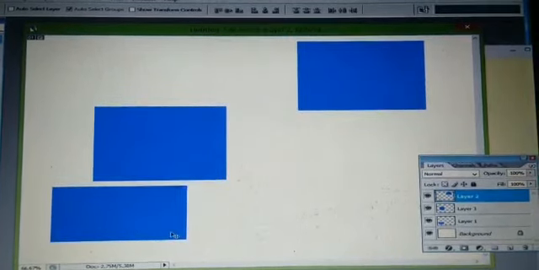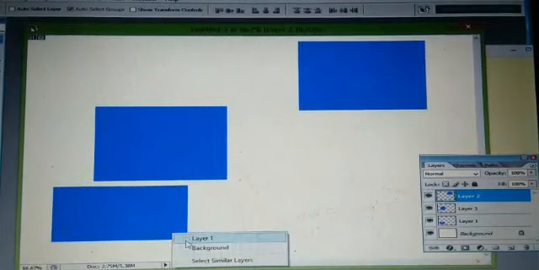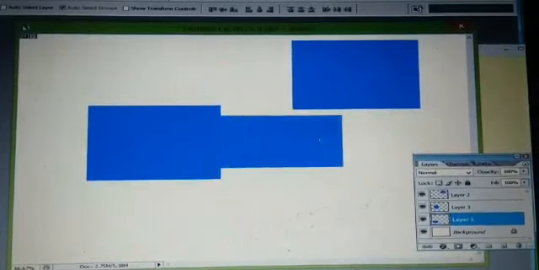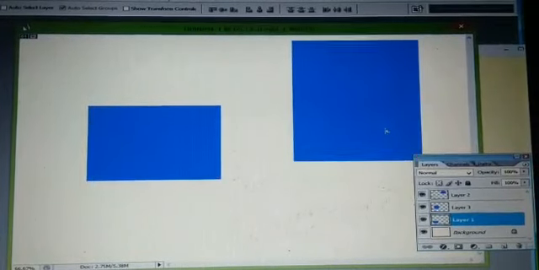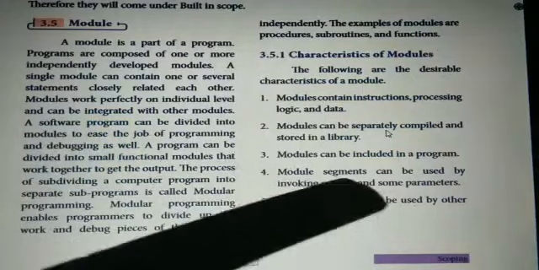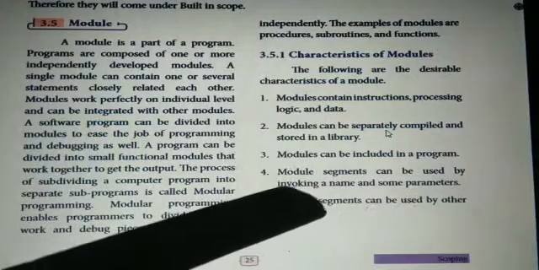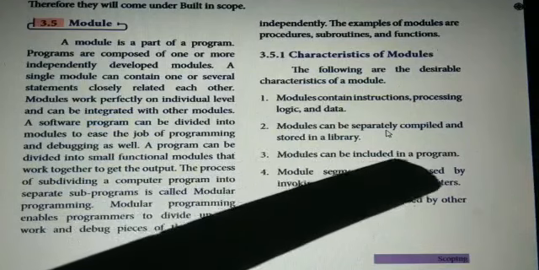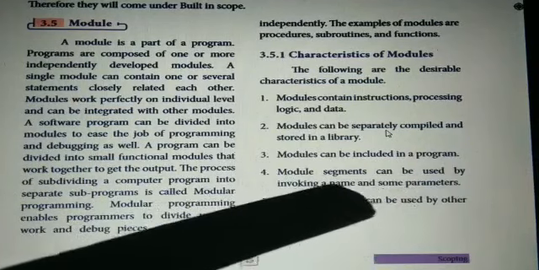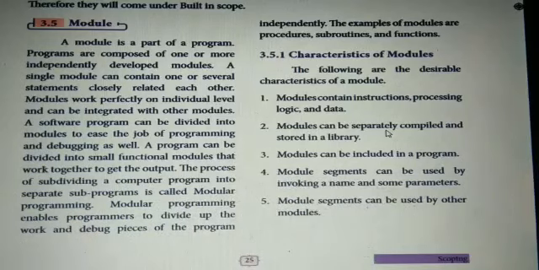Depending on which module is needed, take that module and arrange it where you need it. So module segments can be used by invoking a name and some parameters.